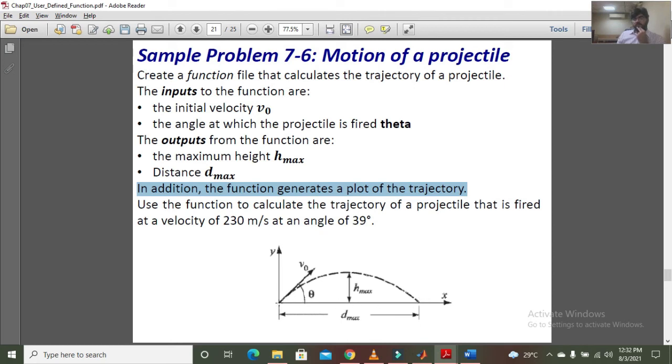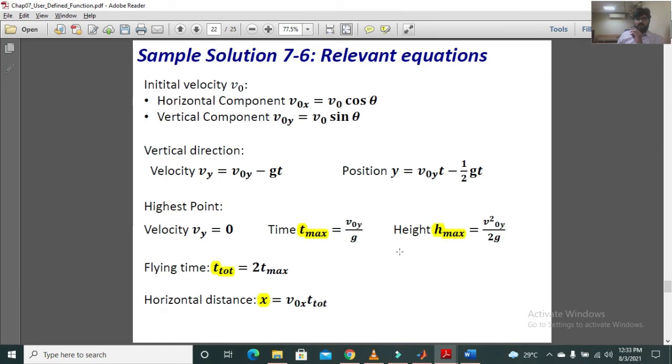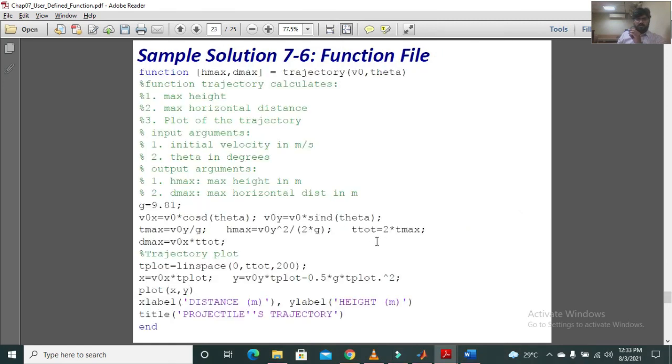So we will start x from 0 to the maximum distance with some relevant difference, let's say 0.1. I think 0.1 will be enough for this case. You can even use a linspace function with 200 points. So there are multiple options which you can use.